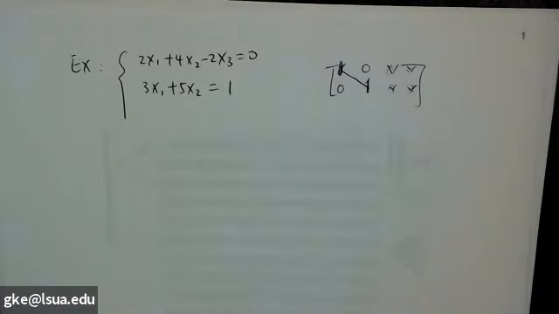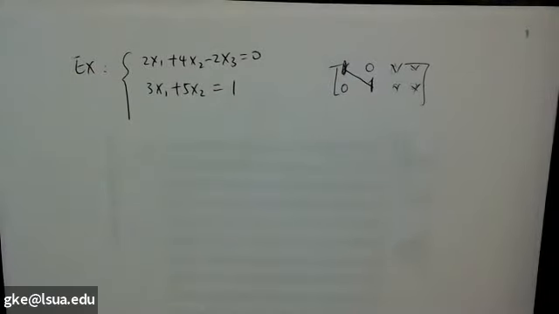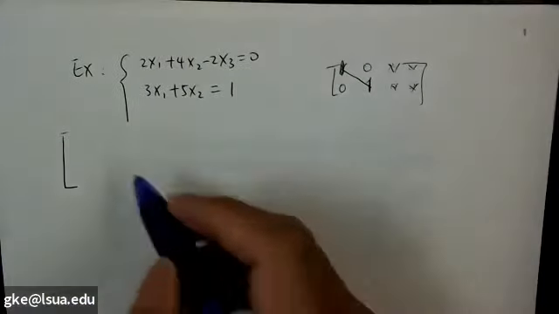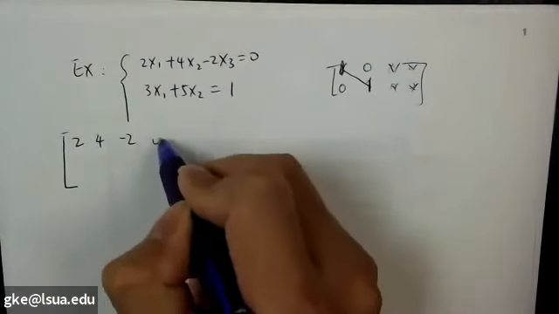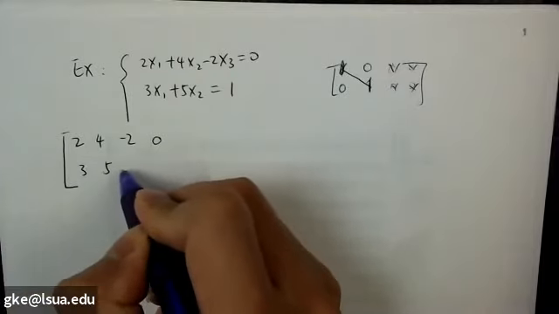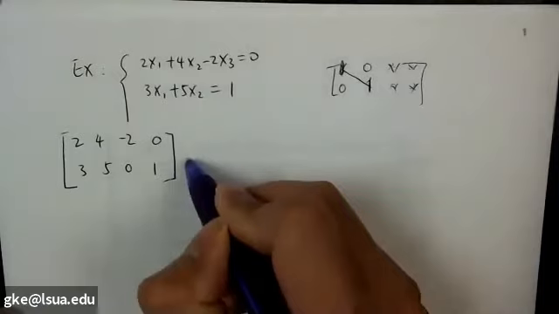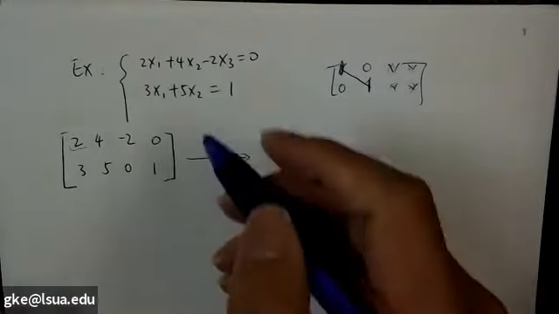Okay, I'm gonna write down the answer on the board. So for this one, we can write down the augmented matrix. Right, augmented matrix. Since this entry is 2, we always want to keep the diagonal element equal to 1. So we have